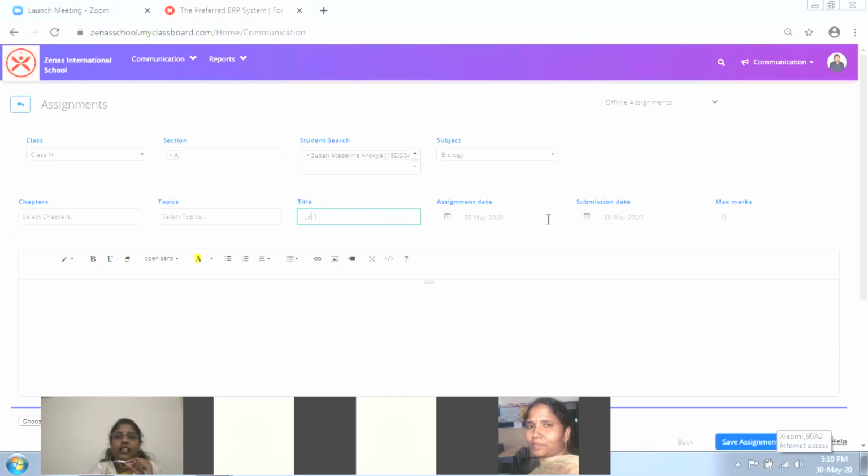Suppose you want the child to submit the assignment on the same day, by evening 5 o'clock, you can give the submission date as the same. And here you can give marks also, 10 or 50, whatever it is, because the kids will feel happy that you are allotting some marks and they will do it very seriously.